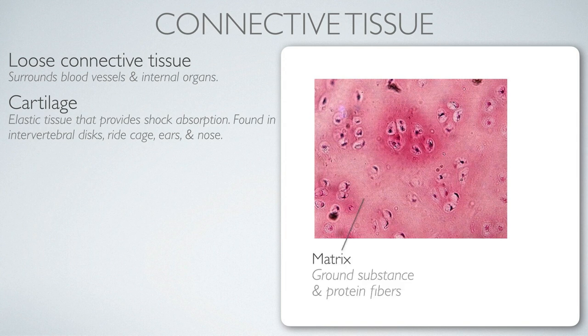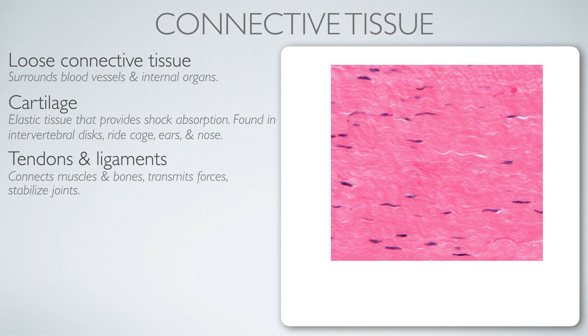And so here we have the matrix that we see, and then there's a loose assortment of cells that again maintain that matrix. In the case of cartilage, those are called chondrocytes. With each of these examples of connective tissue, the cells have a different name, but we can think of them all as functioning to maintain the matrix. Beyond this kind of rubbery material provided by cartilage, we have really springy material provided by the tendons and